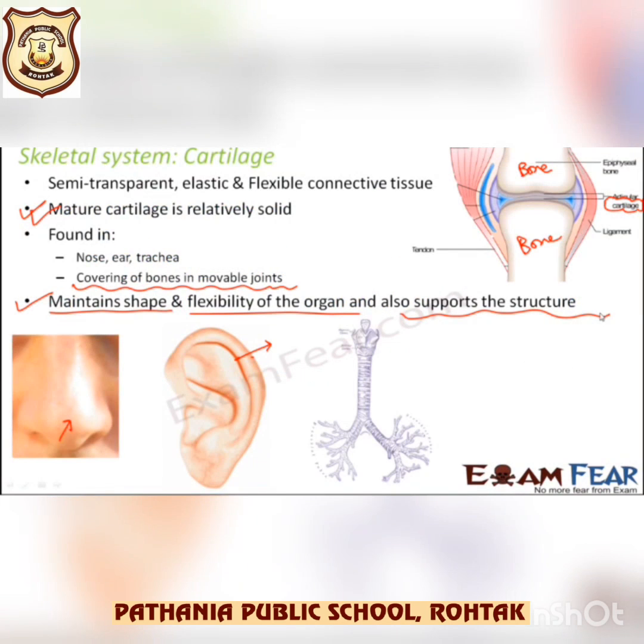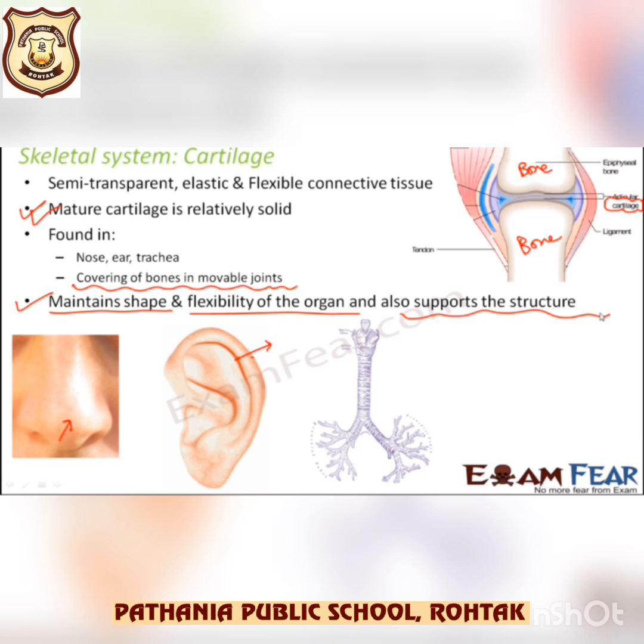We can bend the nose easily. There is cartilage in the end of our nose. It is the presence of cartilage which gives support and shape to our nose. So from the above discussion we conclude that cartilage gives support and shape to organs like ears and nose, and it is also found on the ends of bones where they meet one another at a joint.